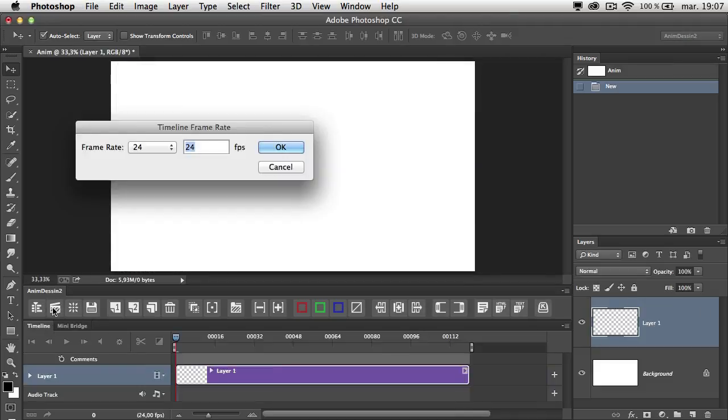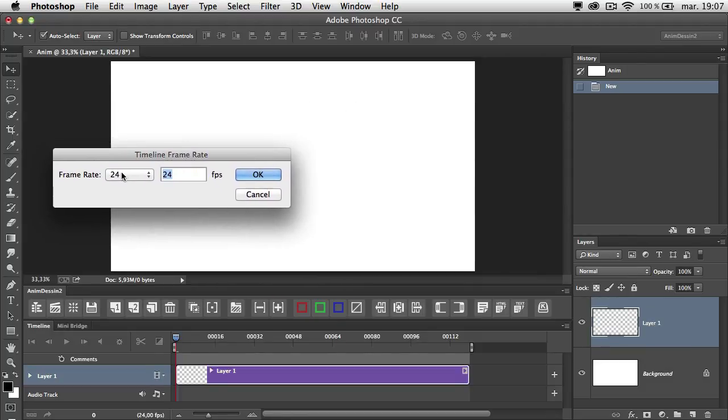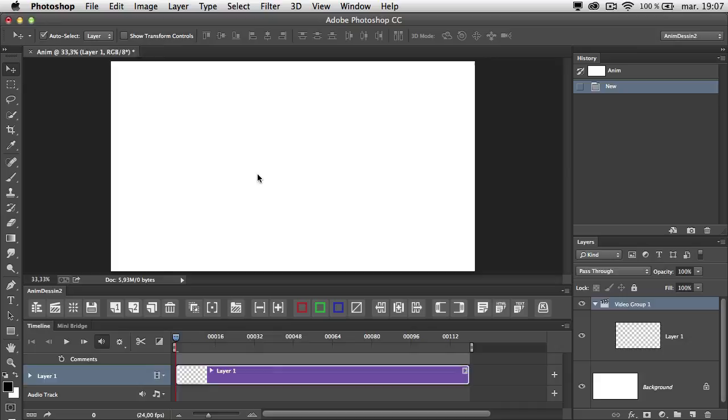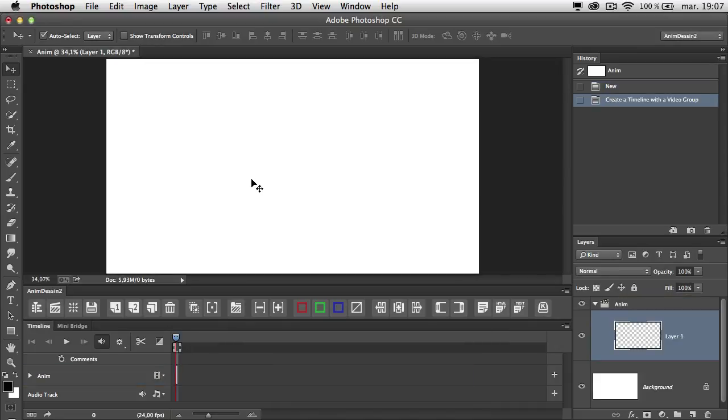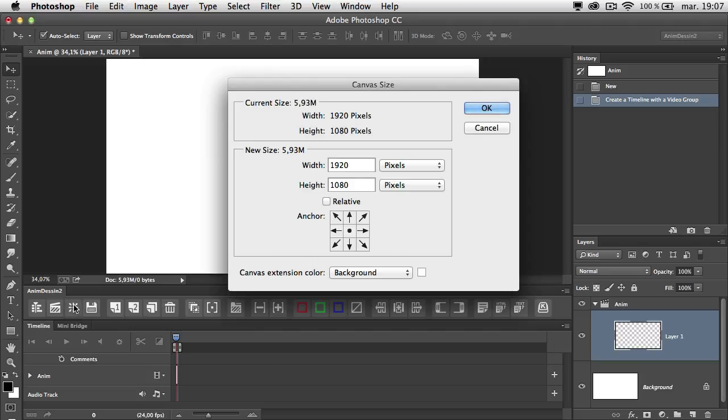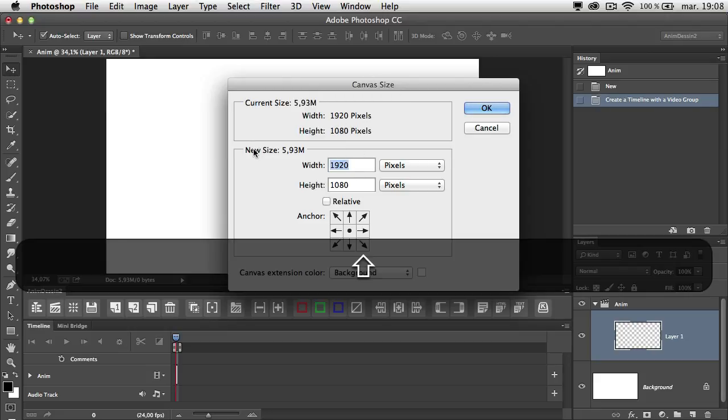Now if I click on this button, you first need to set up the frame rate. You have 12, you have 30, or you can enter the value you want, so that could be custom. And after that, you're ready to go. The default size I give you is 1080p, but you can just use the canvas size feature to reduce or increase the size of your canvas. In my case, I will reduce it to